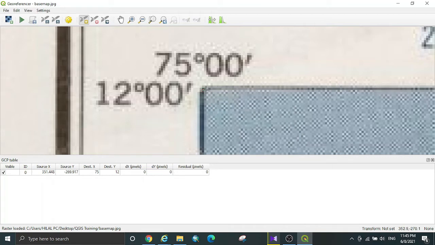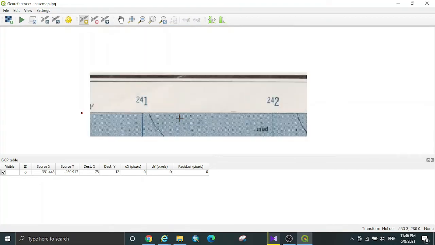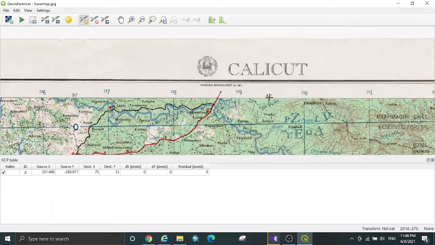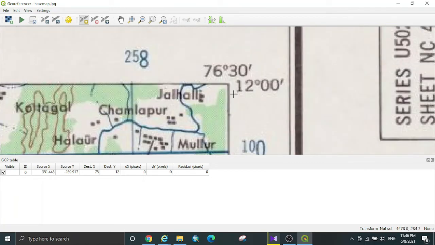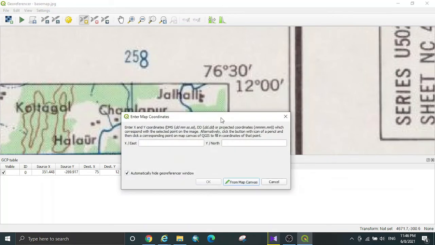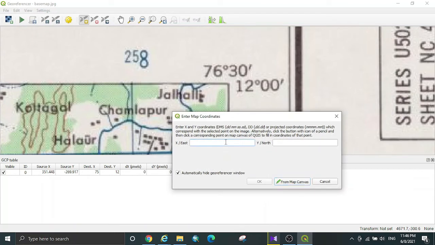Now we can see a point is created at the exact location of the intersection. Also a row is added into the GCP table. GCP stands for Ground Control Points. Now move to the top right corner of the topo sheet. Click on the exact intersection where the latitude and longitude intersect. Add the values.